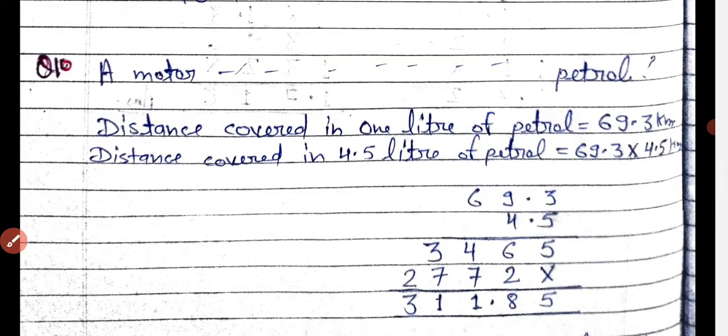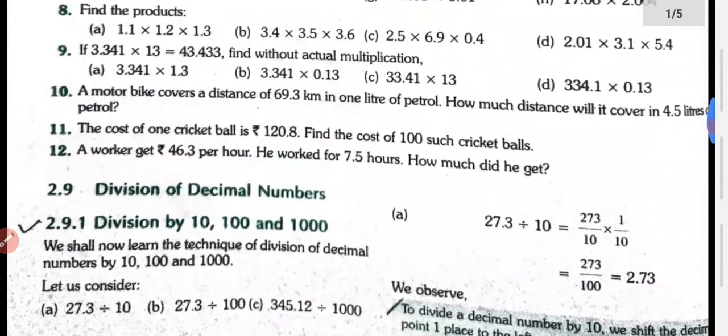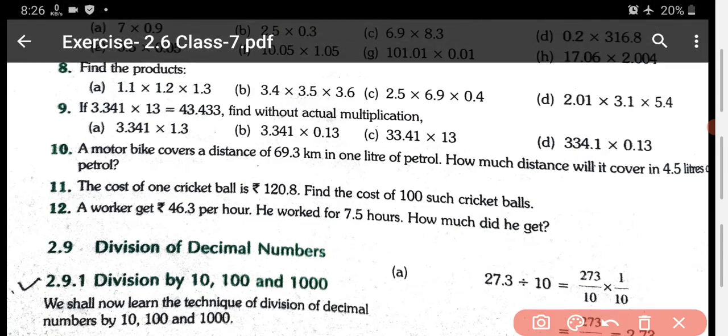Now come on to question number 10. Just look at your book. Question number 10 is that a motorbike covers a distance of 69.3 km in 1 liter of petrol. How much distance will be covered in 4.5 liters of petrol? Okay, in 1 liter of petrol it will travel...